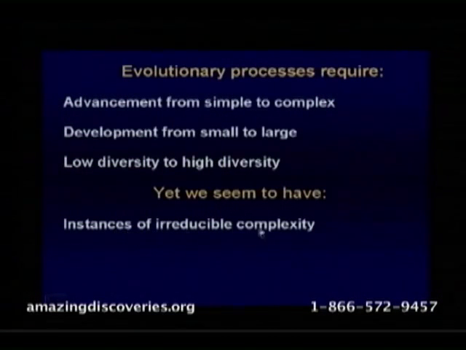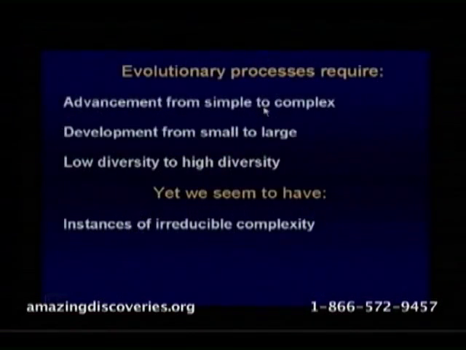We have irreducible complexity. Suddenly they're there. Boom. And some of the features in what we have cannot be simplified. They will not work if they are simplified. So they have to be complete. Everything has to be there. Boom. Some of the organelles and structures in living organisms are so complicated and need so many building blocks and parts that if they're not complete, they wouldn't work. So, boom, everything has to be there at the same time. So we don't have advancement from simple to complex. Everything was always complex.